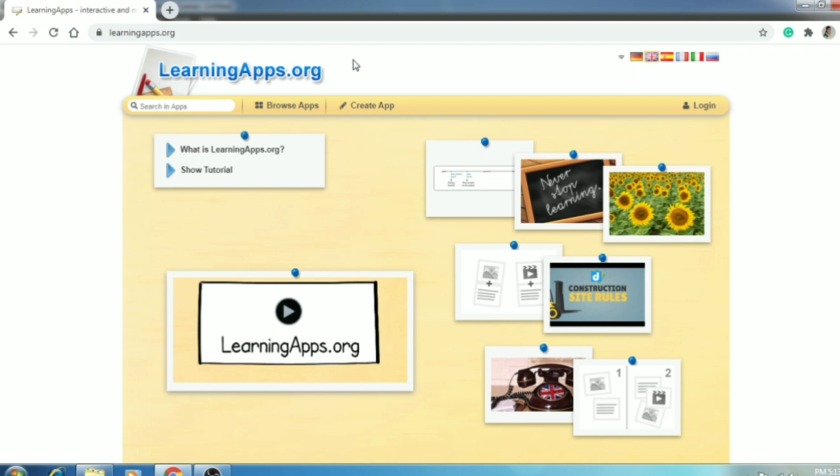Don't get confused with the word apps. It is not the apps mentioned for your mobile phone. The apps mentioned here are called small modules or building blocks, which are reusable and can be shared with all around the world. So these modules teachers can combine to make a complete lesson. For each topic or concept you can use different kinds of modules and make your lesson wonderful and complete.